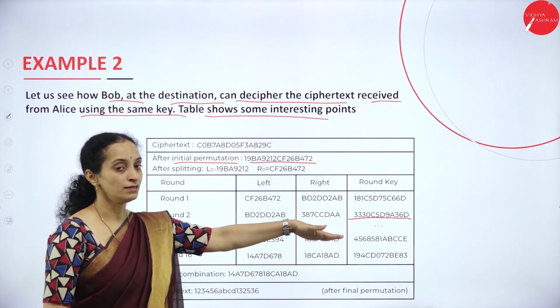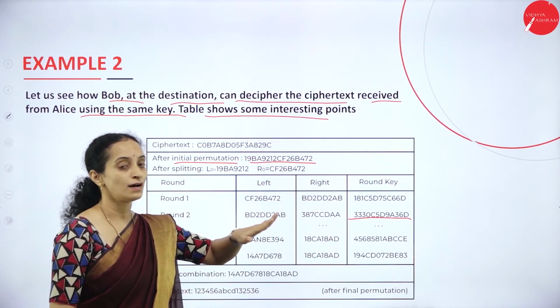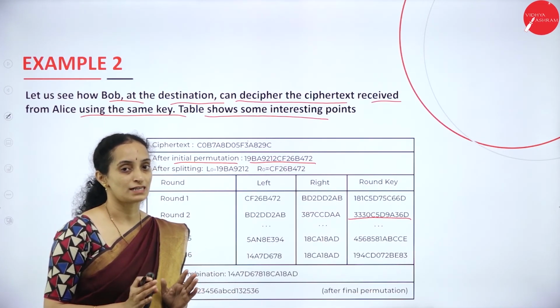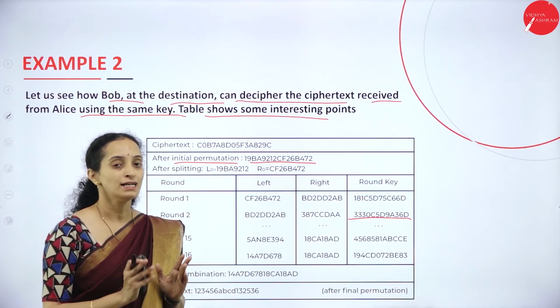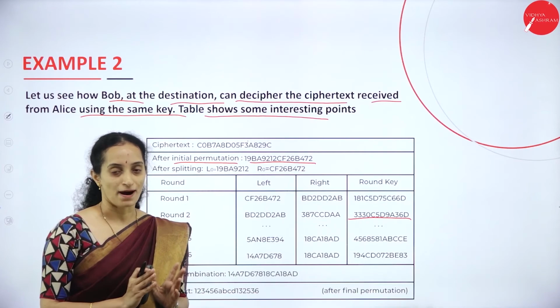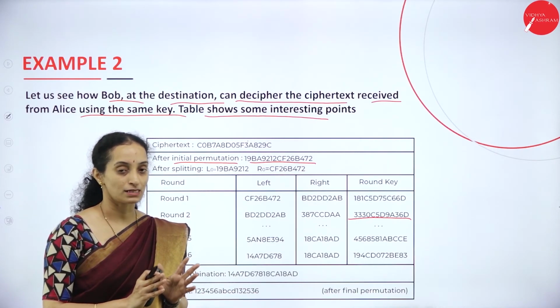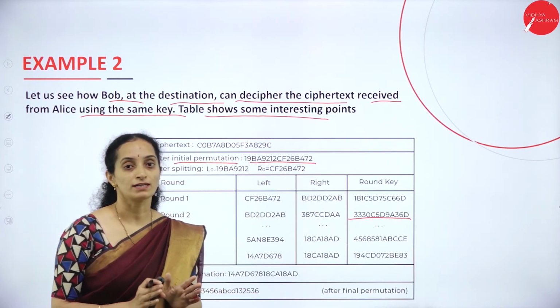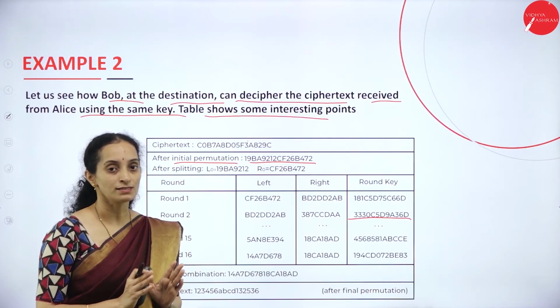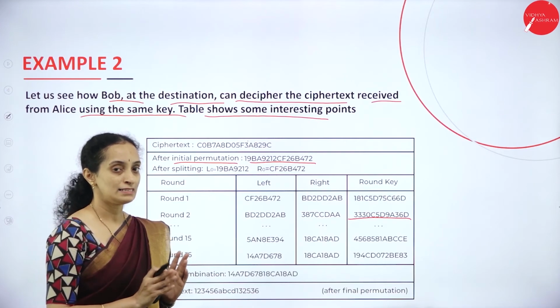So the receiver end doesn't use the hardware or the software for key generation. There is no process of key generation. Okay, key generation is carried out only in the sender part or sender system, the sender part of the network. The receiver part of the network doesn't use the key generator.